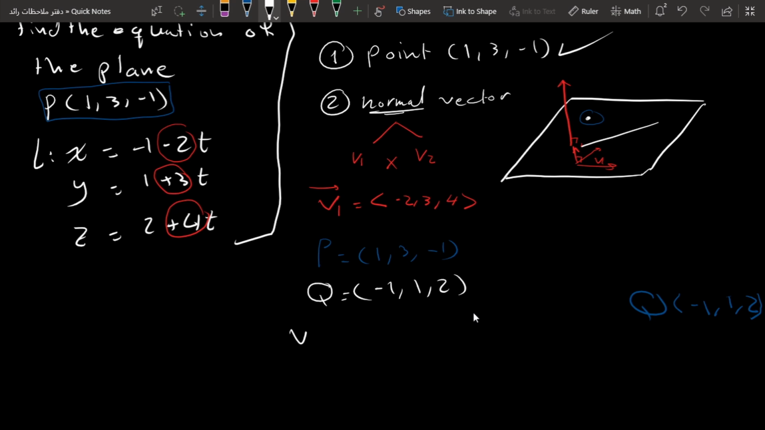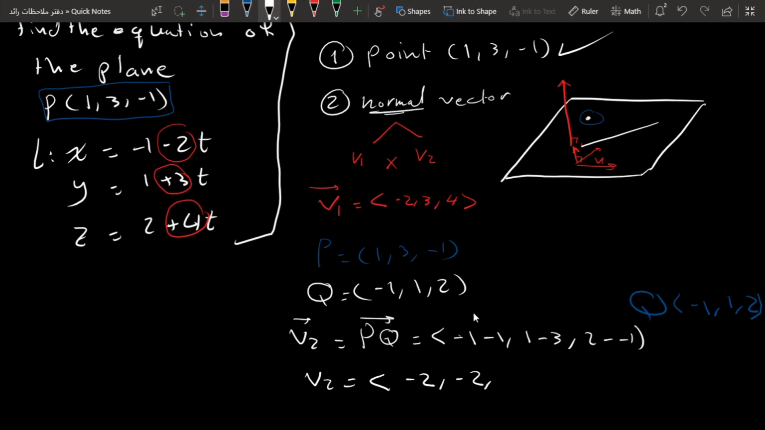هسا to find the vector v2, it is the vector from P to Q, which will be PQ, معناته Q negative P, يعني Q negative P will be -1 - 1, and 1 - 3, and 2 - (-1). يعني احنا طرحنا -1 من 1، 1 - 3 and 2 + 1. By simplifying we will get the second vector: -2, -2, and 3. طيب